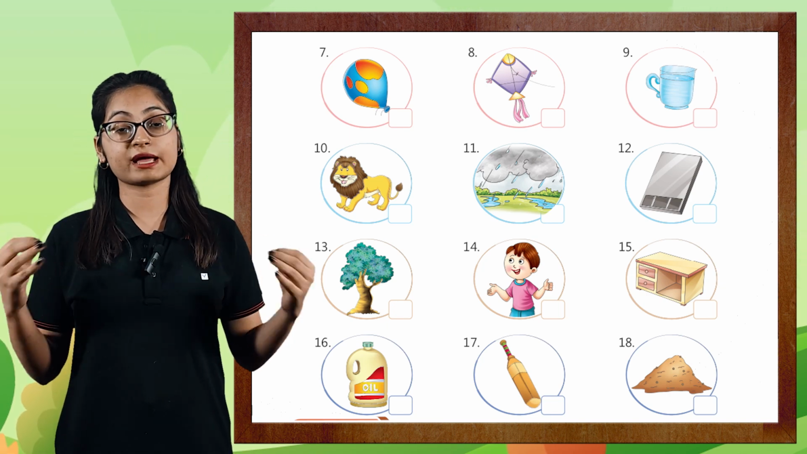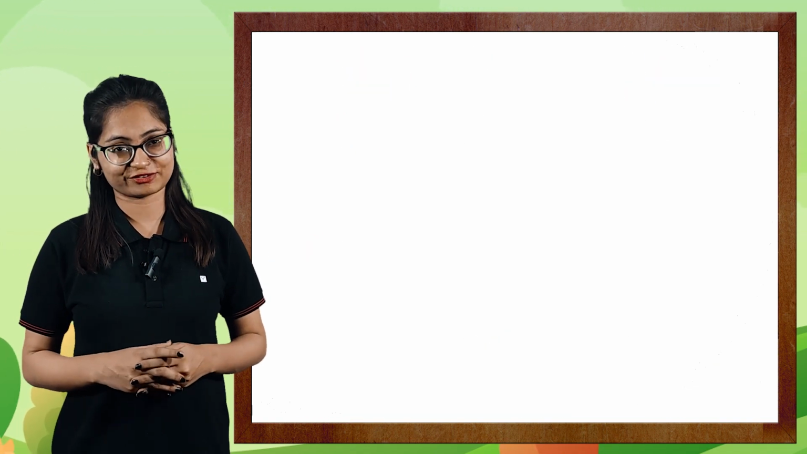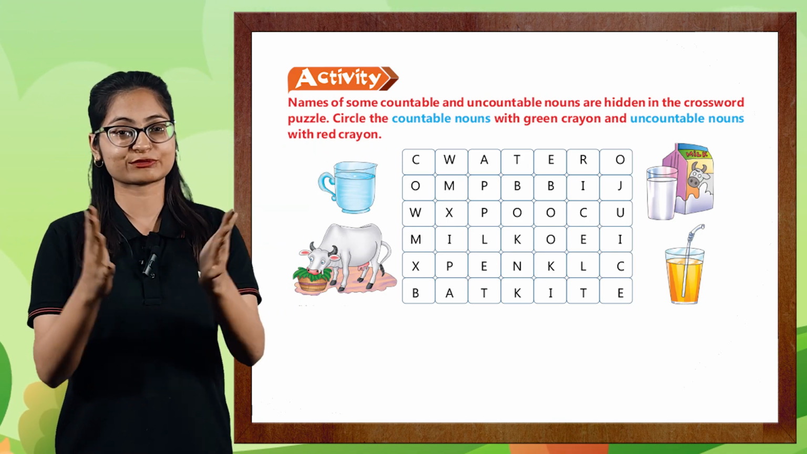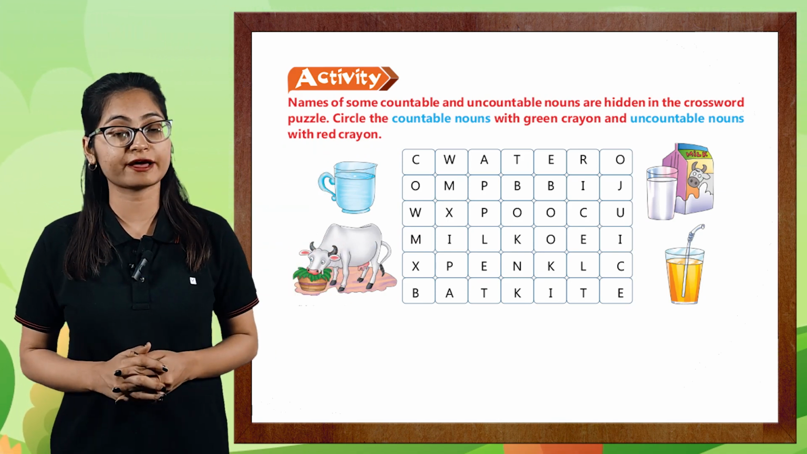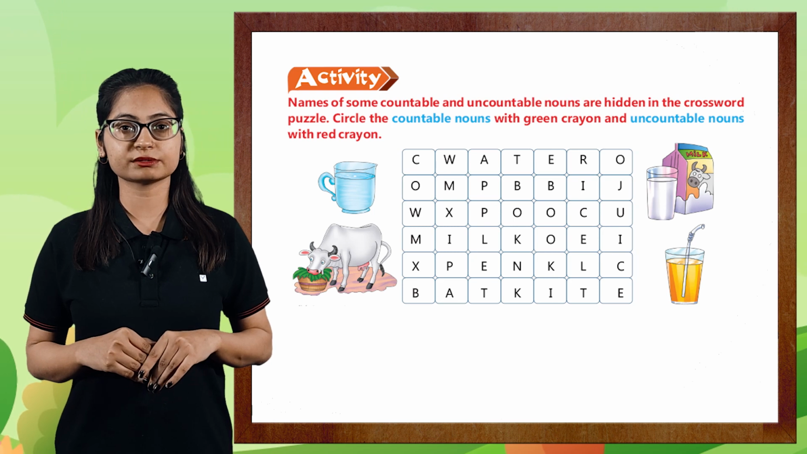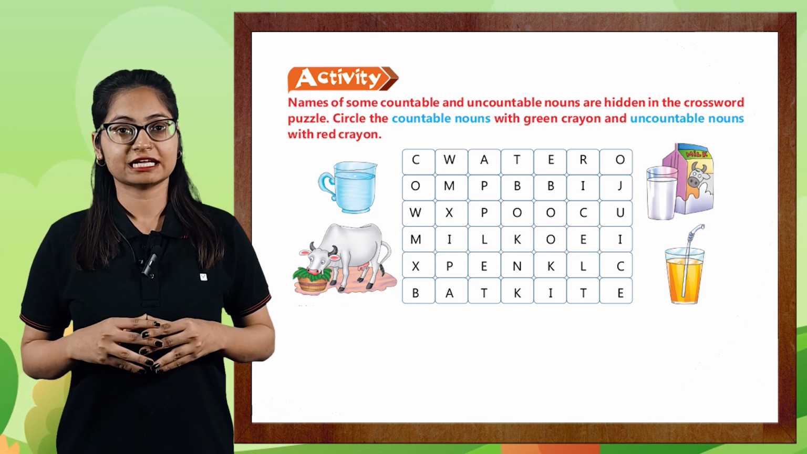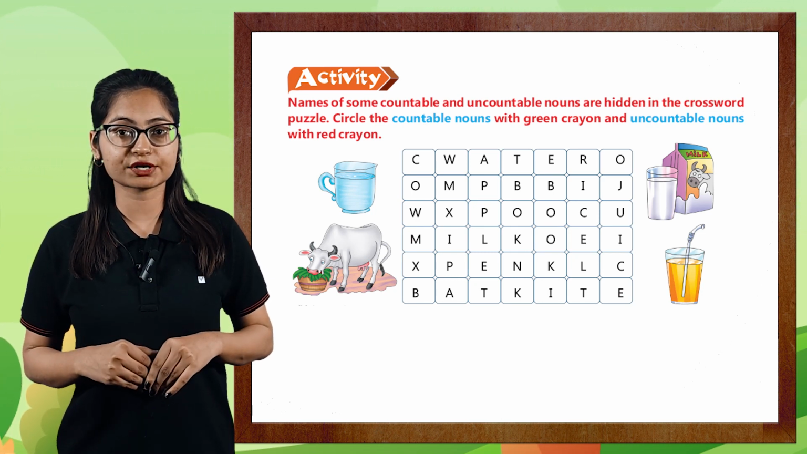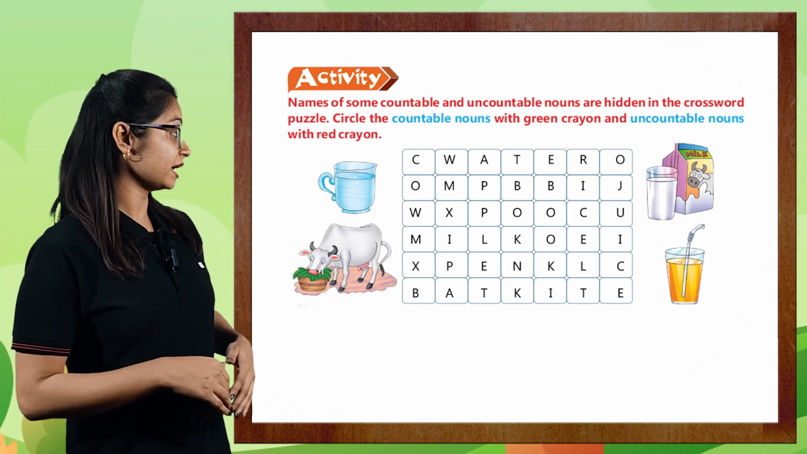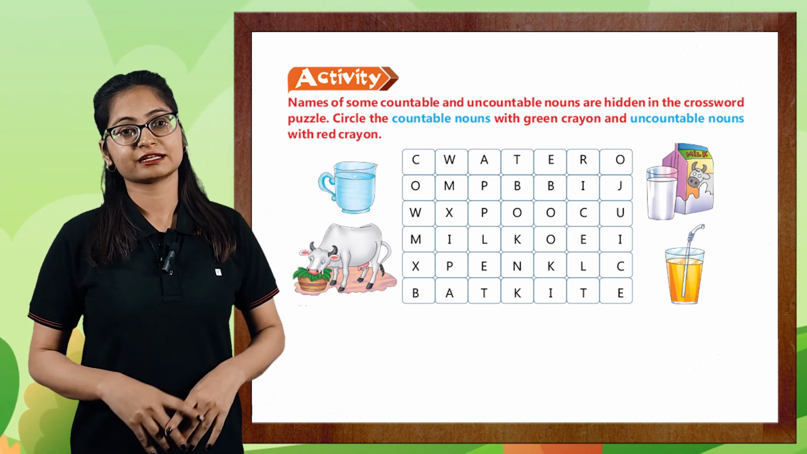Next one. So as far as I have explained these examples, the remaining ones you have to do by yourself. Now concluding this chapter, we have an interesting activity. So look at this, read this. I will explain it to you. Don't worry, and you have to do this by yourself. Okay, so let's read. Names of countable and uncountable nouns are hidden in the crossword puzzle. Circle the countable nouns with green crayon and uncountable nouns with red crayon. How simple it sounds. Right, you have been given a crossword puzzle and what you have to do is circle green